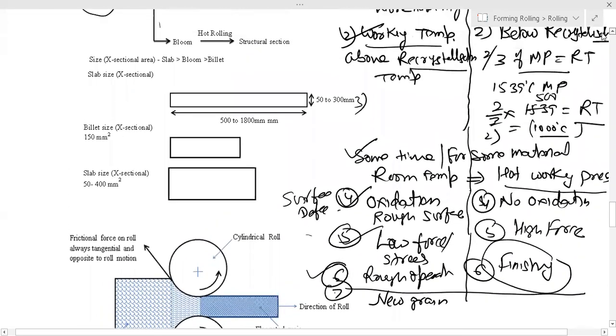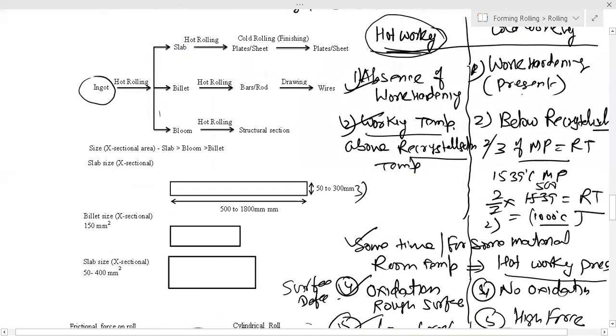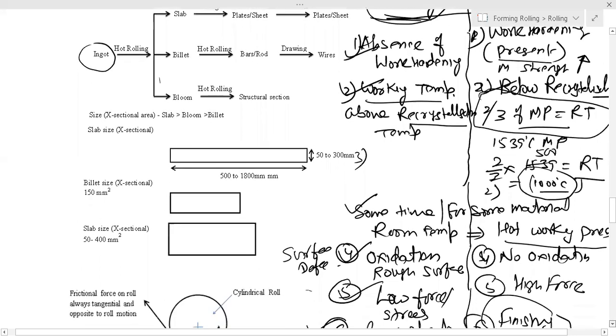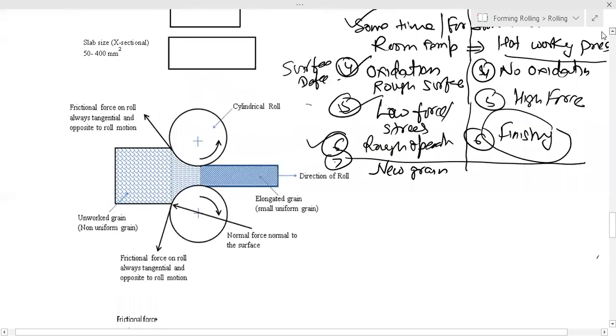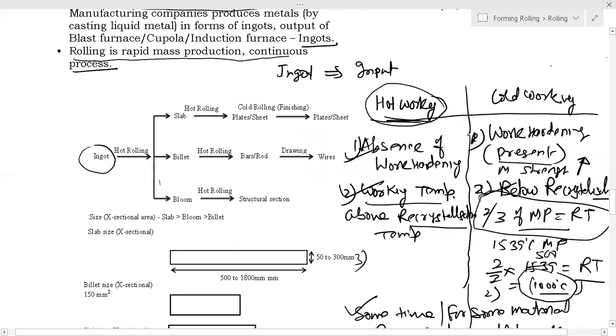And in the cold working process, again I am briefing you, work hardening will be present, mechanical strength increases, working below recrystallization temperature, that is 1000 degrees centigrade for iron. Similarly, you can calculate for others, 2/3 of the melting temperature. Hot working may be room temperature for some metals, no oxidation, final finishing and all. Okay,